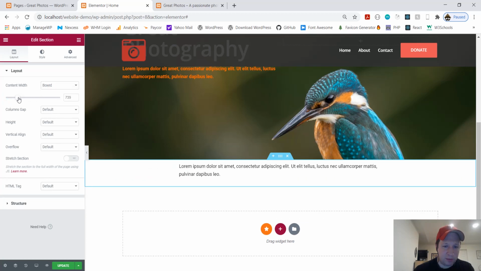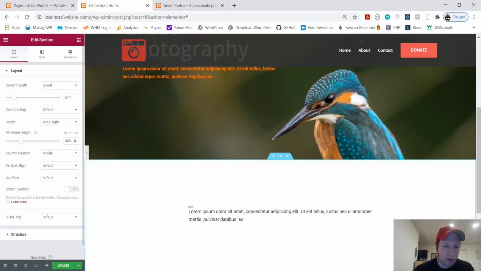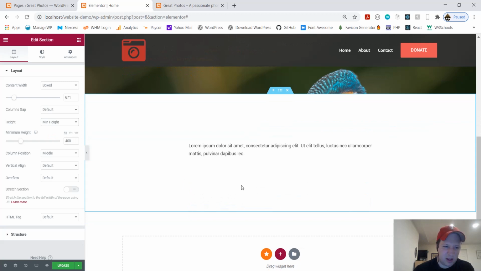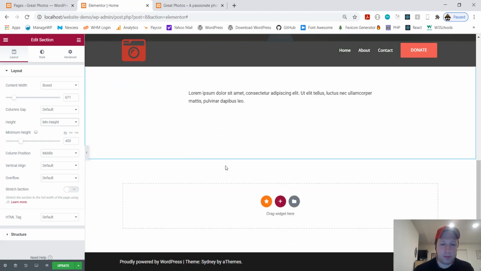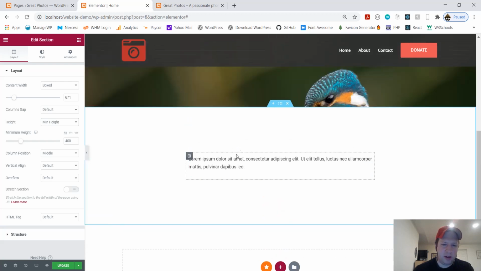I don't know. I'll leave it like that, whatever. Height, I'm going to make it 400 pixels high. That's pretty standard. 400 pixels high, 600 pixels high, and 800 pixels high, which is what this is. Doesn't matter. All right, so that's our section.